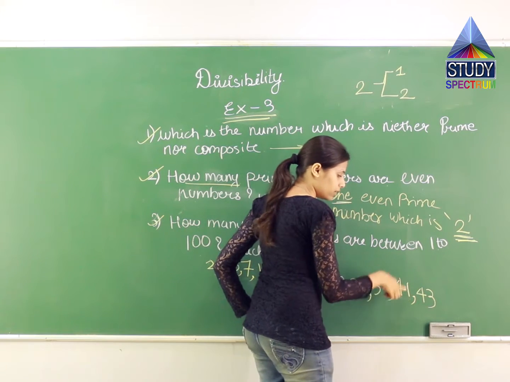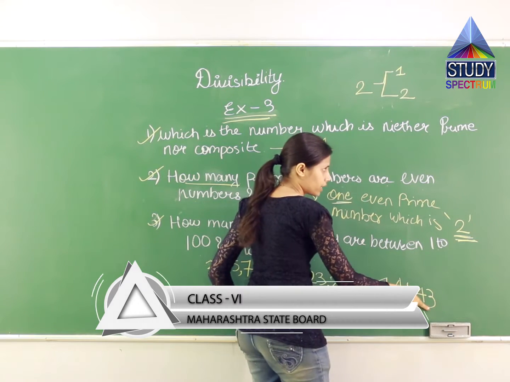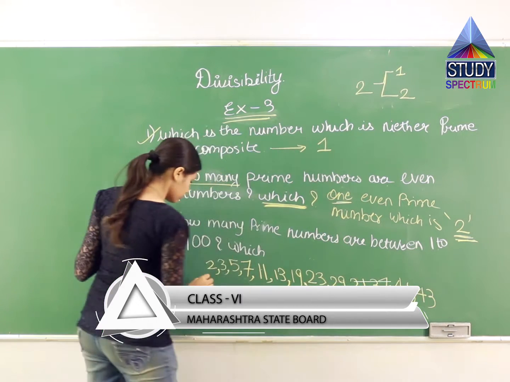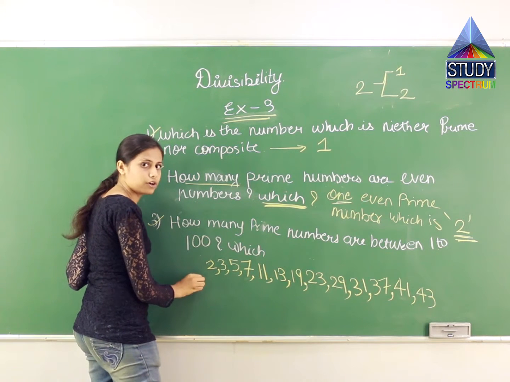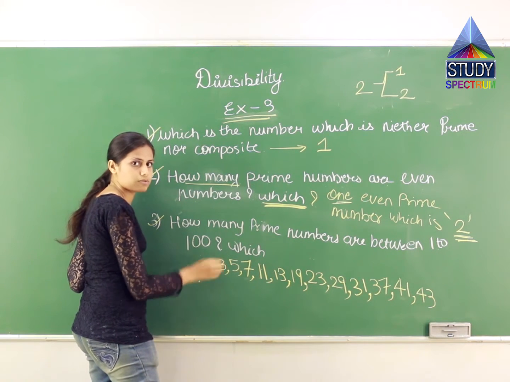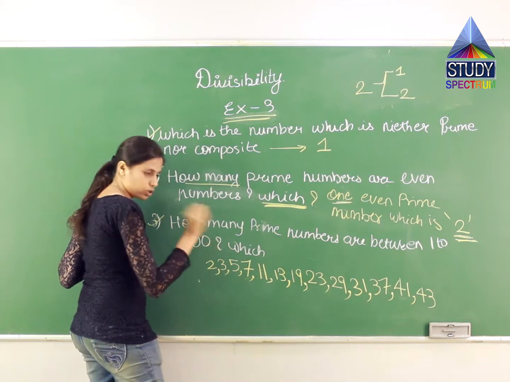After 41, 42 आता है, but 42 2 के टेबल में आता है. So that's why I have taken 43. Then 44 भी नहीं आएगा. 45 comes in the table of 5. 46 also does not come. 46 comes in the table of another, that is 1 to 10 के बीच में आता है.